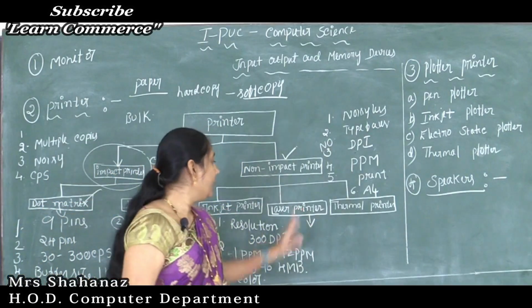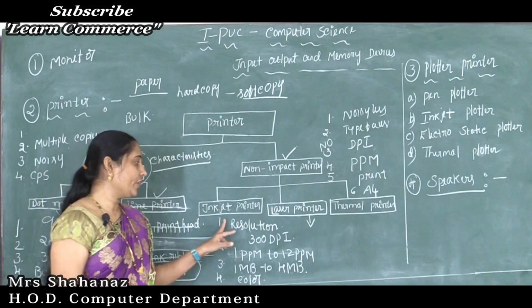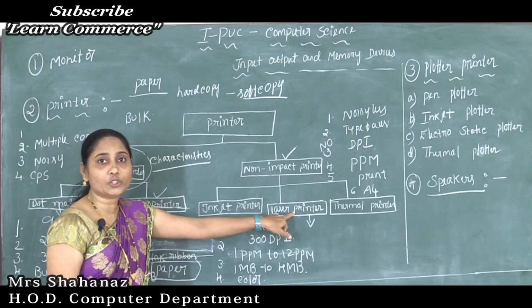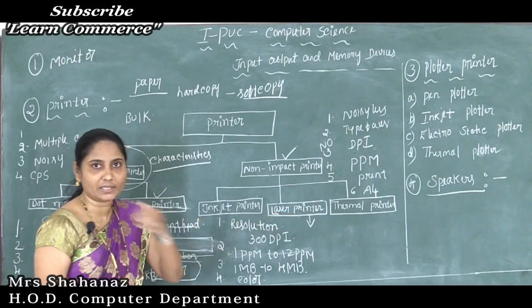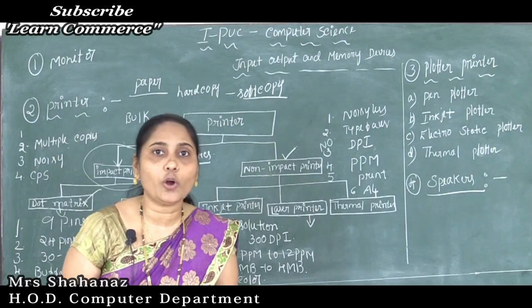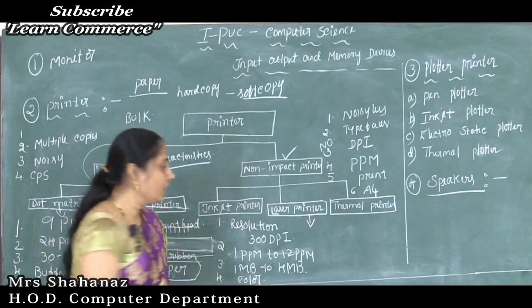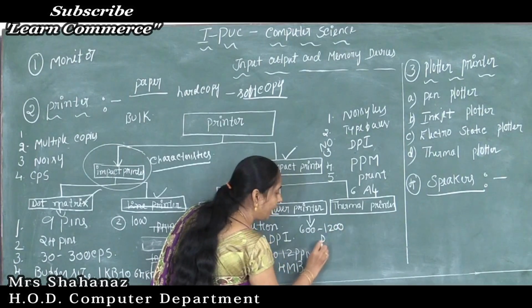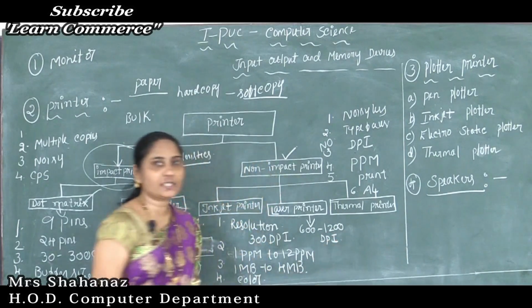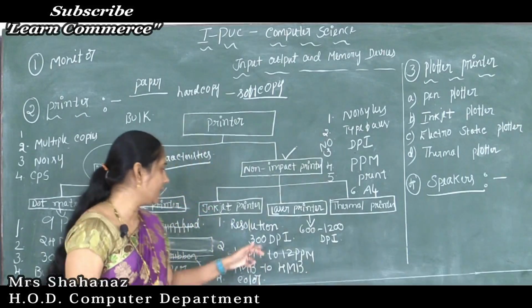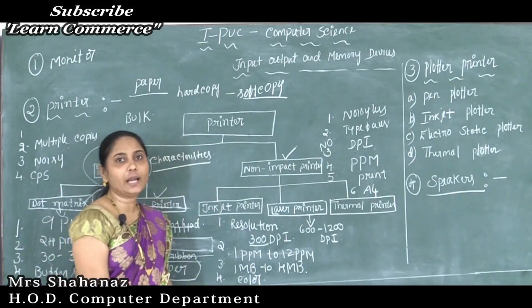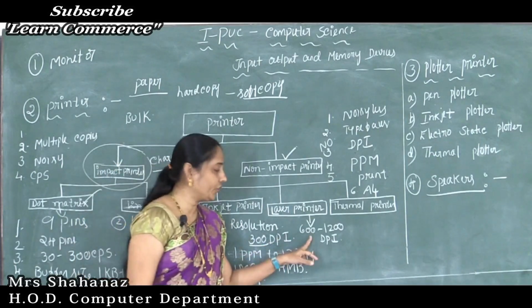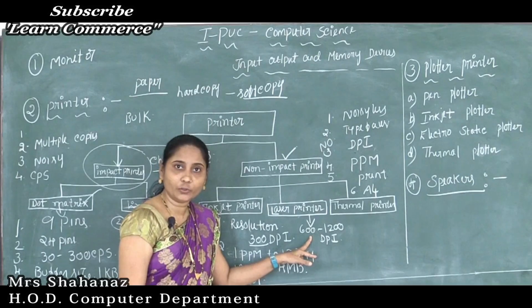Now, the laser printer. When you compare the inkjet and the laser printer, the laser printer prints high quality images, okay. So the resolution of the printer is around 600 to 1200 dpi. Clear this point? So you have to compare it. Here it is just 300 quality of the display, the sharper images. But what about this one? It is more than that, correct, no?